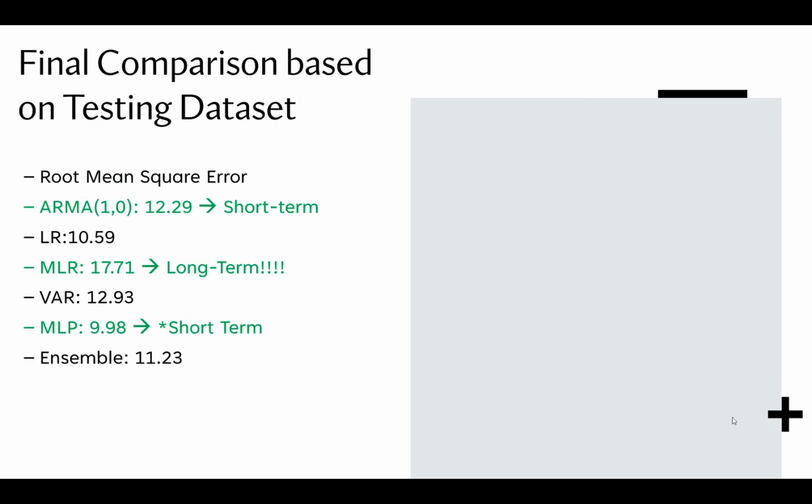Okay, now we will give our final conclusion. After evaluating all the different forecasting models using the same test periods and performance metrics, the MLP model achieved the best results with the lowest error, 9.88, but it requires further investigation. As for now, I would recommend using the AR1 for the short term and the MLR model for the long term. Thank you very much for your attention.